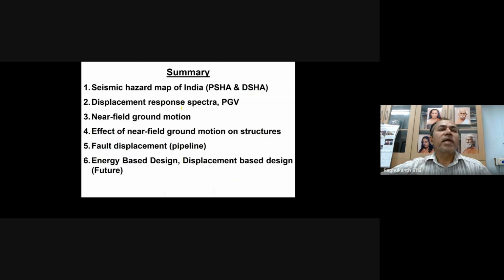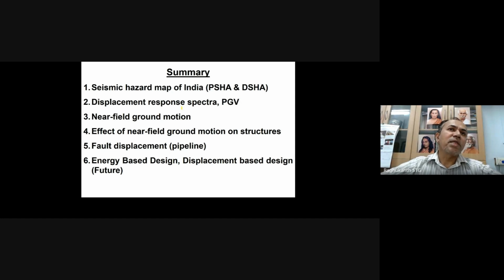So to just summarize whatever I have spoken right now, I have told you about the seismic hazard map of India. That is basically a new seismic zone map, which is a combination of probabilistic and deterministic analysis, the maximum of these two, and then we have multiplied by the amplification factors computed based on the soil response, also based on the data. So the new seismic zone map has been computed. Then I also showed you the displacement response spectra, PGV say. So this is going to be the future actually.